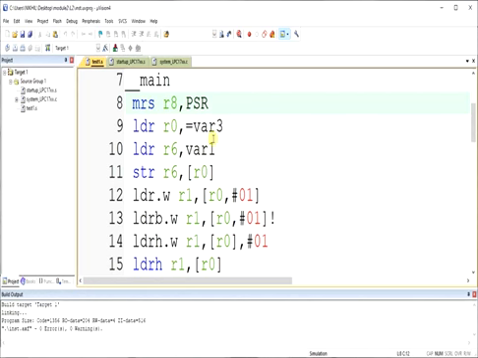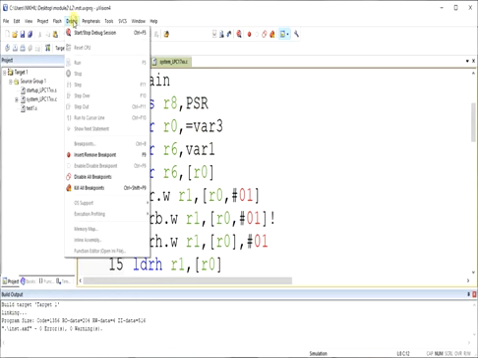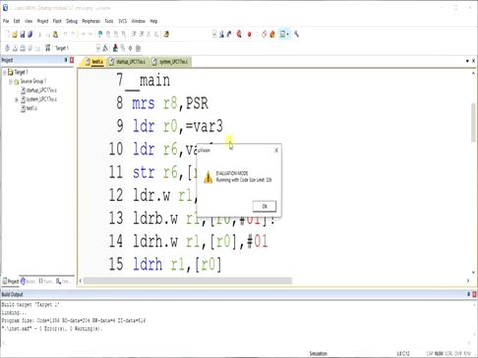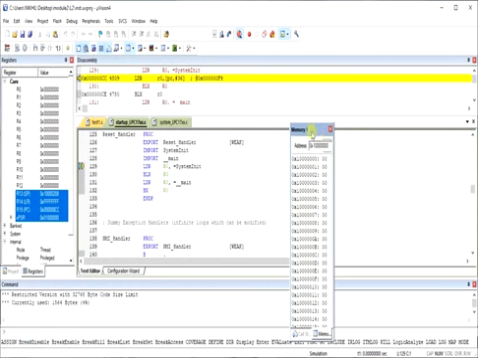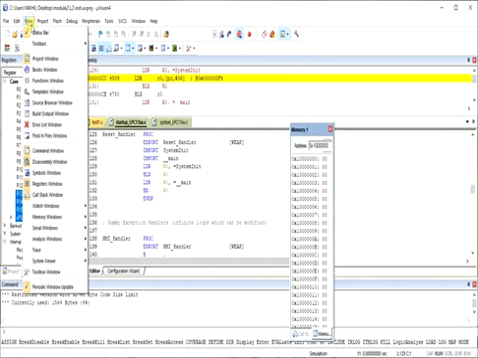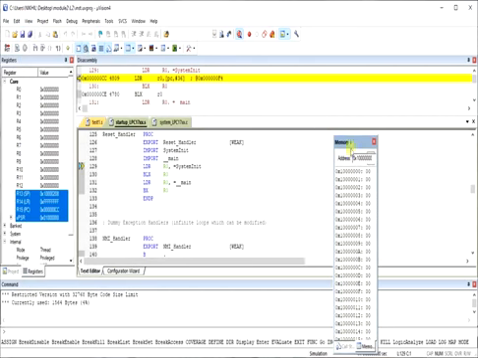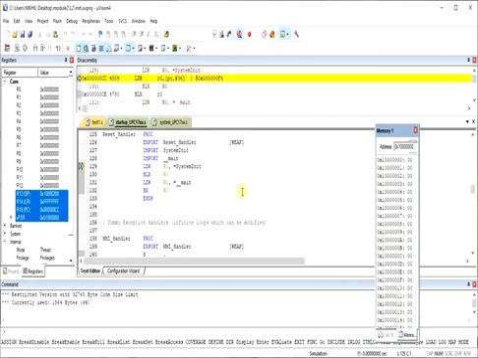In order to run this program, you have to click on debug and click on start. You get this message, click OK. This is the memory window you are seeing. Normally it appears at the bottom, or you can go to view and open the memory window, and you can have multiple memory windows side by side. Just take it here for a while.